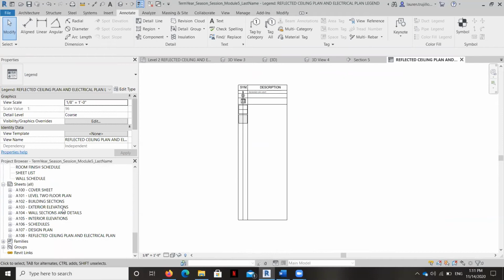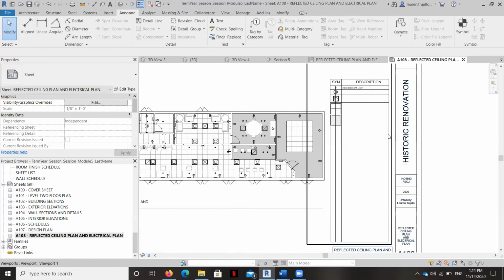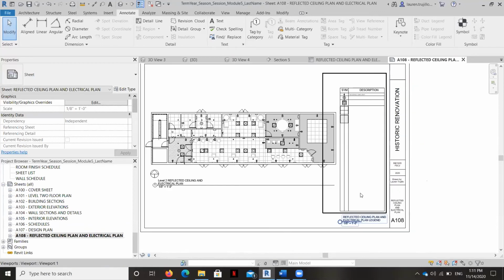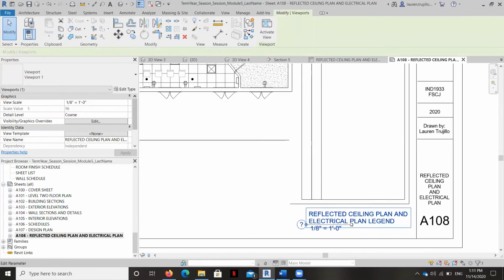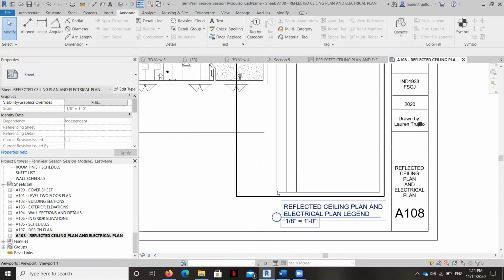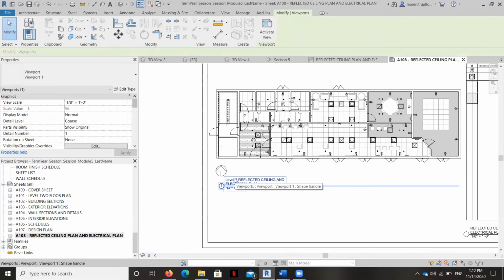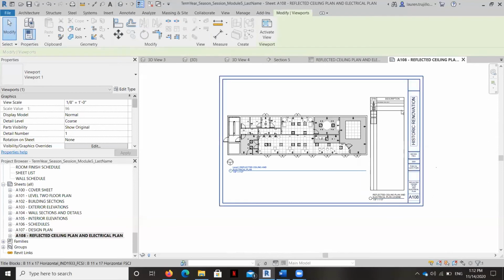So now it's just a matter of dragging it onto the sheet if you haven't done so already, and it will populate here. And once complete, you should be able to see all of this nice and neat. Adjust your graphic standards here to make sure that it's all aligned properly. Okay, we'll change that. I am going to go ahead and rename this so that the level 2 is in all caps. And once complete, this should all be filled in and it should just fit.